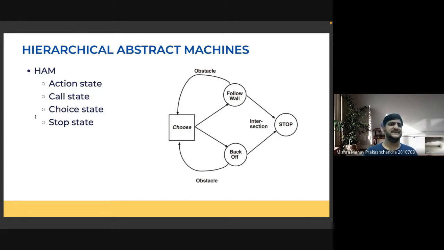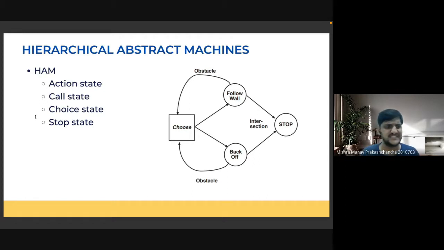The call state basically passes on the control, right? There are multiple different hierarchical machines present pertaining to different subtasks. So the call state passes on the control from a parent MDP to some other MDP and so on.